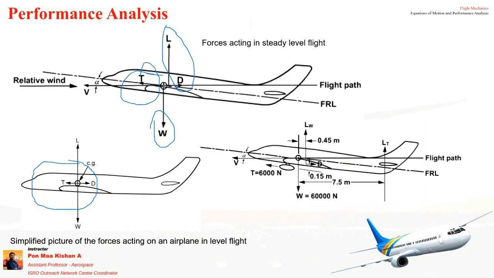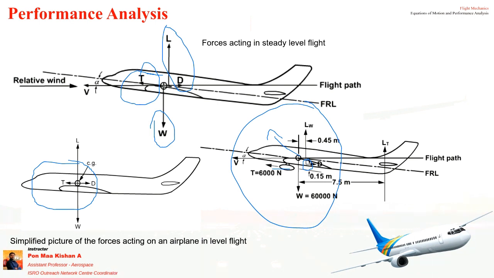When you are going for flight mechanics, you should know where the forces are acting. In this diagram, you can see the thrust line is located in the engine, and the engine is placed under the wing, right? Whereas the weight is acting at the CG position. This is the CG, and this is our CP of the wing. You have to be very clear when we are speaking about the CG of the aircraft, the entire aircraft CG. When we are speaking about the center of pressure of the wing, if it is mentioned as wing, then we are only speaking about the center of pressure of the wing.